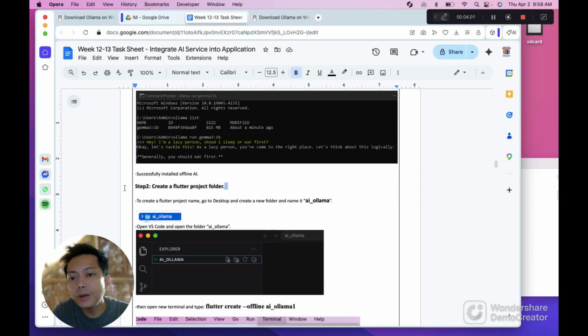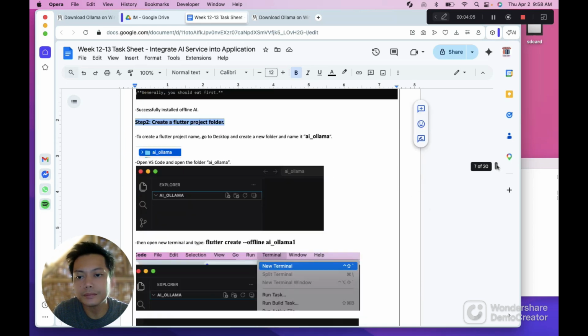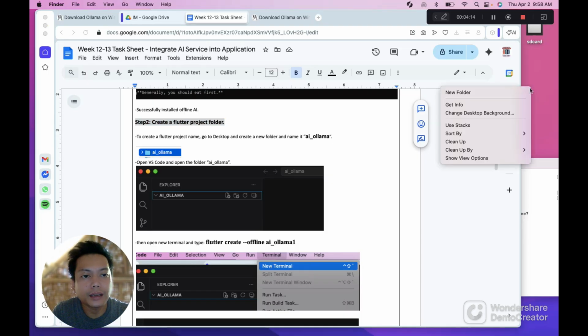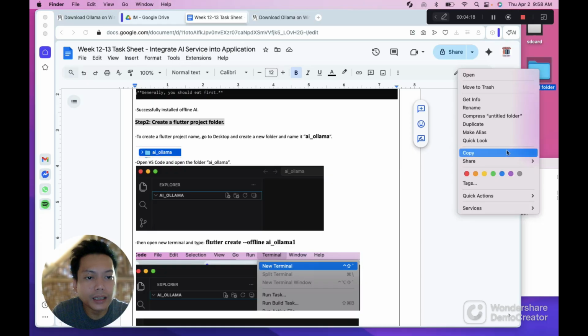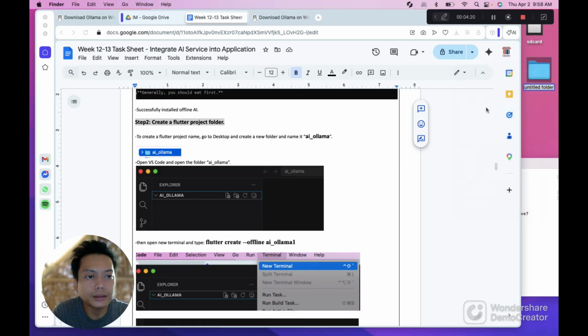So step 2, we're going to create a Flutter folder. To create the project, name, desktop, then name, Ollama. Then we're going to name it AI Ollama.